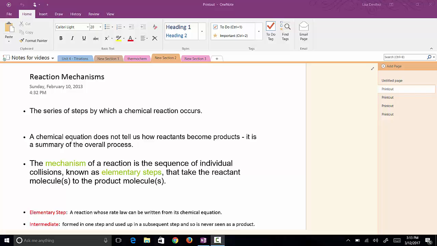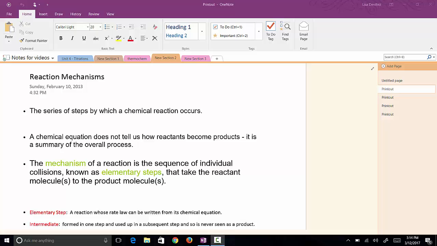This is the final discussion for Unit 9 Kinetics. And here we're going to take a more detailed look at how the collisions occur, like in what order do they occur. Because remember, at the very beginning, we talked about that our balanced molecular equation,